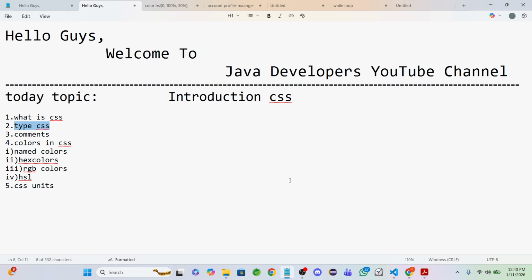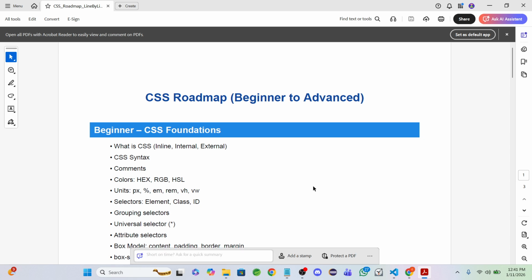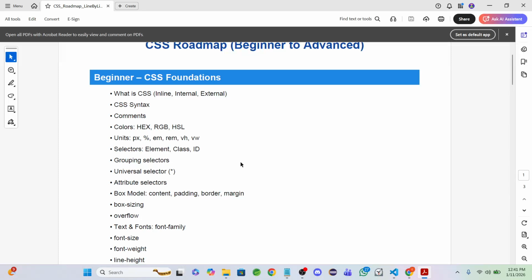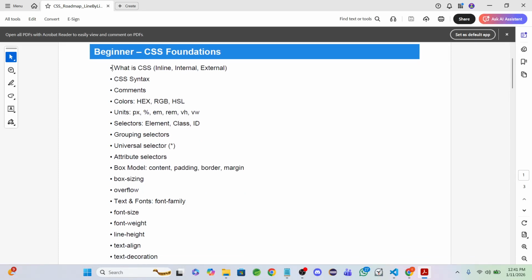Just think of it like you are building a home: you need one structure, and internally you will do some decorations, right? The structure will be HTML, and the internal decorations can be done by CSS. That's what CSS means, and we will cover lots of topics from beginner to advanced level. The CSS roadmap will consist of, first of all, what is CSS, and what is its